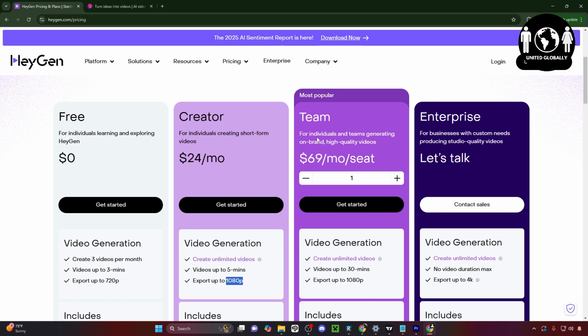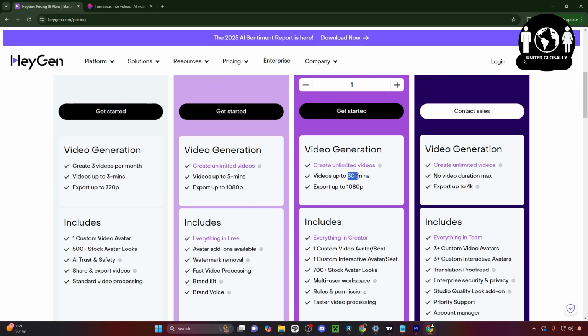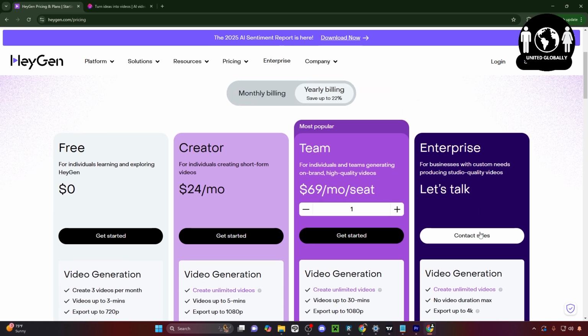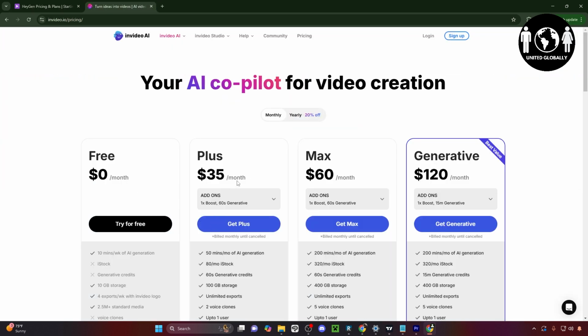And then if you check out team, you could see 30 minutes worth of video. You get to create unlimited videos, and then you get to export up to 1080p. And then it includes everything in creator, one custom video avatar set, one custom interactive avatar and seat, which will be like an interactive custom avatar in a video that will talk to you and all that, 700 plus stock avatar looks, and then multi-user and role permissions, faster video processing. And then enterprise, you're gonna have to contact sales for that, but as far as the pricing compared to Invideo,